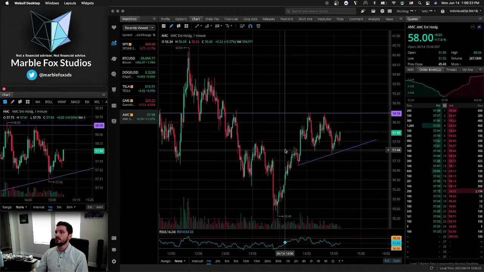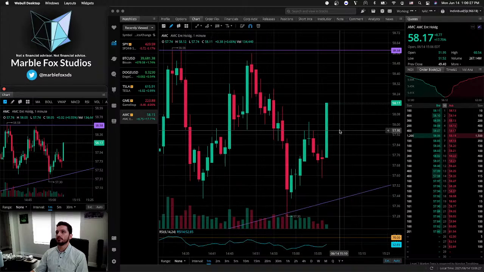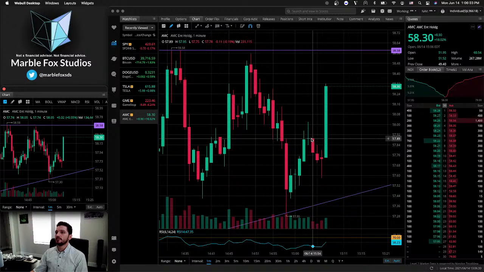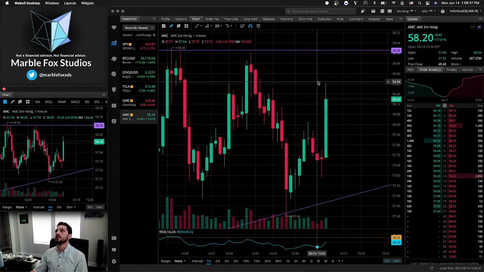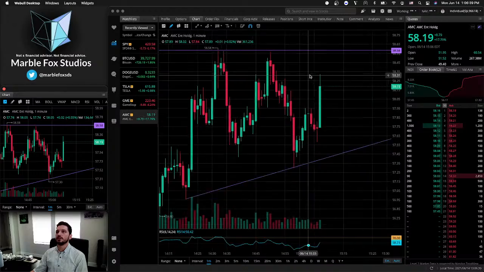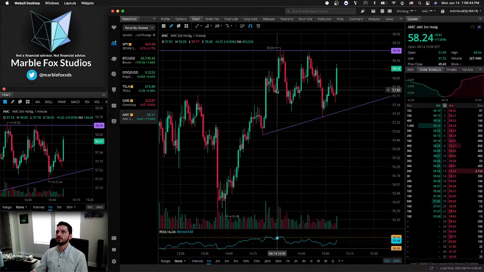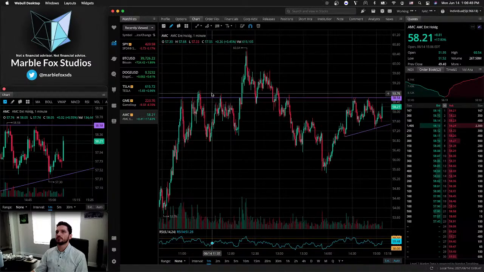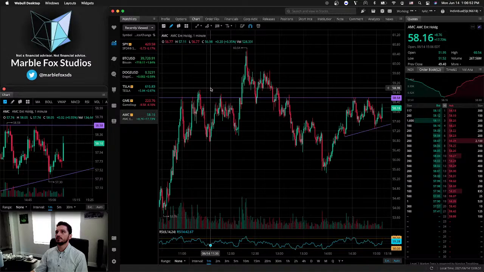So looks like we are getting a nice green candle right here. Let's zoom in. We are 6 minutes into power hour, and we are making a move. Let's get another retest of 58.58. After we get above 58.58, what we're looking at next would be